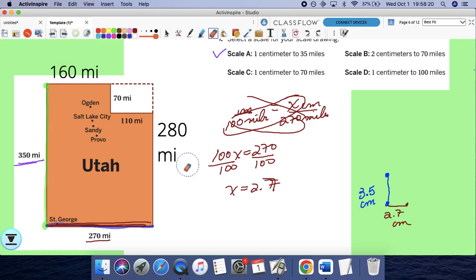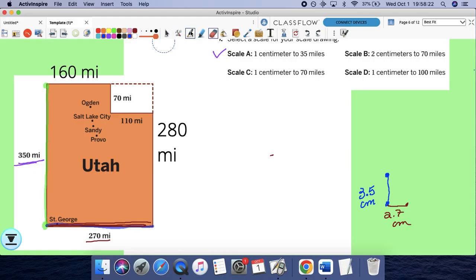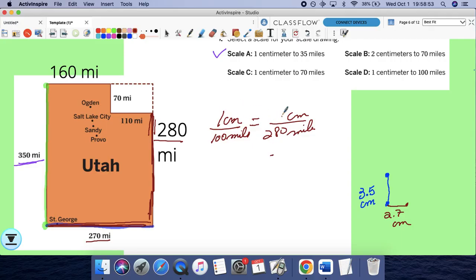So that's done. All right, so now we're going to do this, right? The western edge, the western side of Utah, which measures 280 miles, but what does that equal in centimeters? So again, if you cross multiply, I'll do it one more time. So again, 1 centimeter is 100 miles, and then centimeters and miles, and then here we are going to write 280 miles. I know 1 centimeter is 100 miles. I need to know how many centimeters equals 280 miles. Again, x, cross multiply, we got 100x equals 280, and